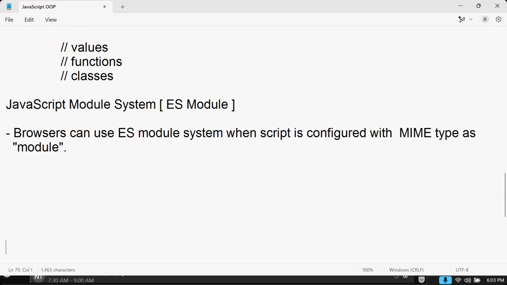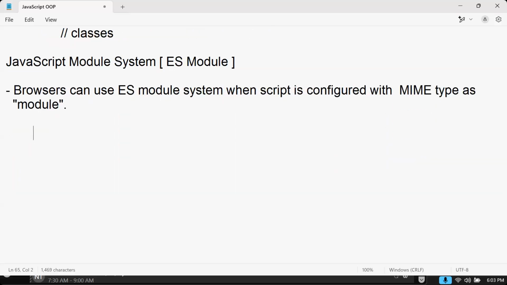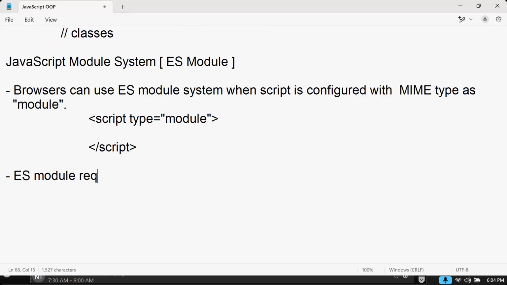Actually, if you don't give MIME type module, by default it is considered as script type text/javascript. You write text/javascript, right? Here we have script type equal to what? Module. That's important. And ES module requires